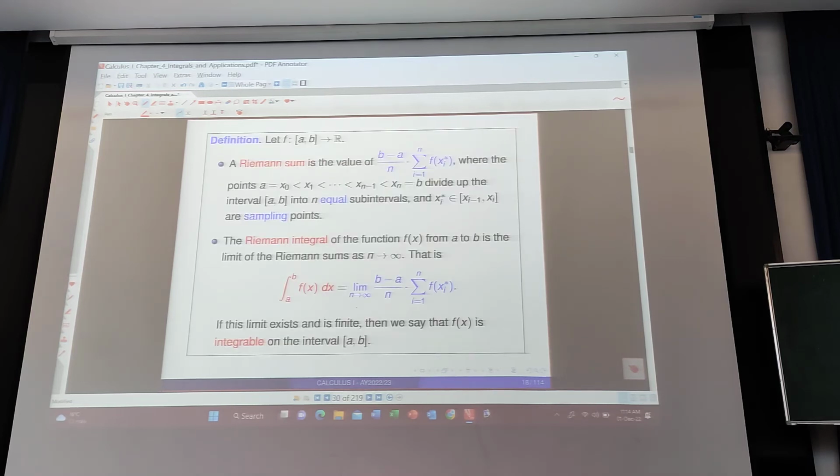Next, if after having Riemann sum, you consider the limit of this Riemann sum as n tends to infinity, and if the limit exists, is finite, the value is a number, then we call the value of this limit the Riemann integral, or integral in general, or definite integral of f over the interval AB, and we write integral with limits a and b of f(x) dx. Như vậy, cái này